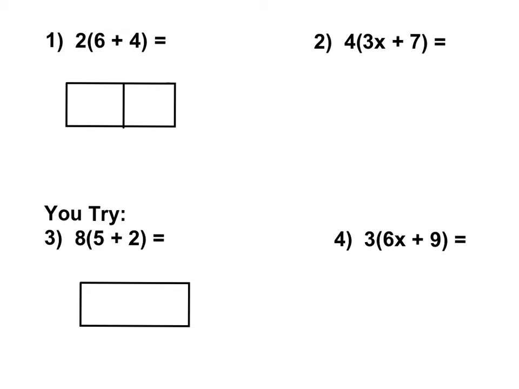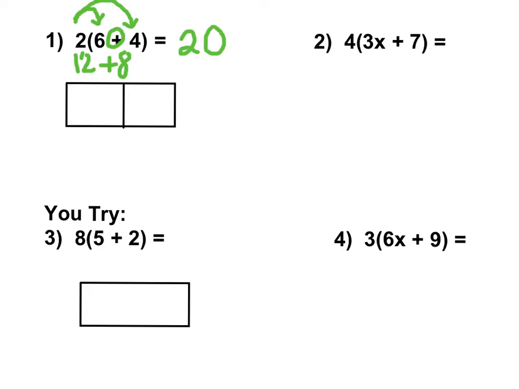So when you get to problems where you have just numbers, I do want you to do the distributive property instead of using PEMDAS. So here I would take 2 times 6, which is 12. And then I have a plus sign in the middle, so I'm going to bring that down. And then I'm going to take 2 times 4, which is 8. Now on this one, it's just 12 plus 8, and so that means I can answer it, and the evaluated